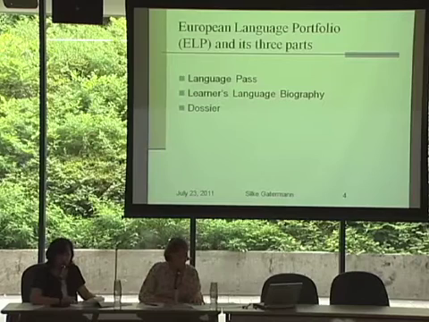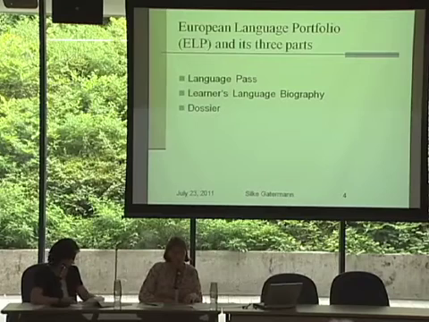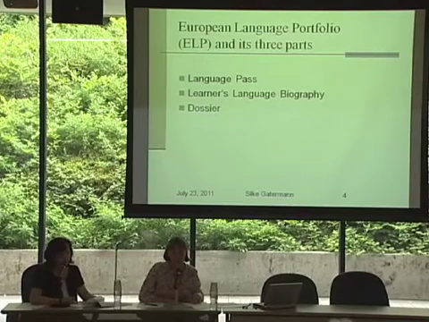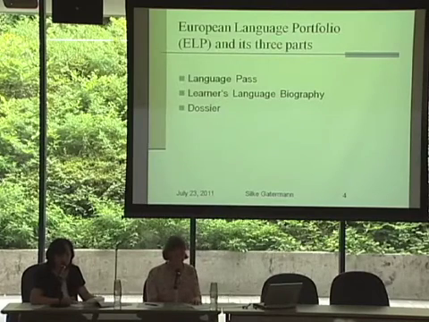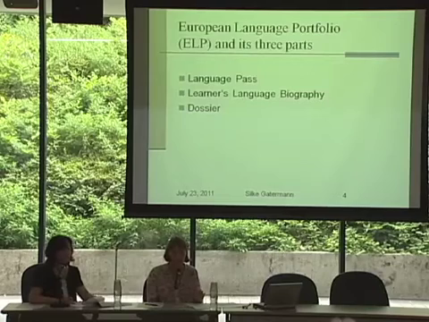And this also meant that the portfolio had to change because you cannot use a secondary school portfolio with elementary school children. And when you look at the primary school or elementary school portfolio, you will see a